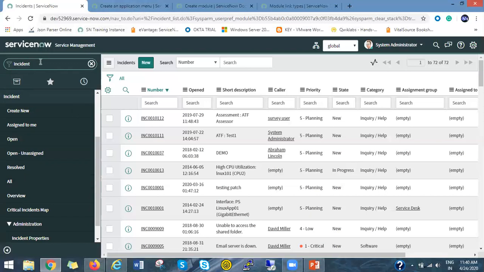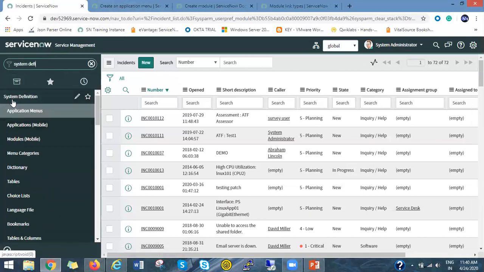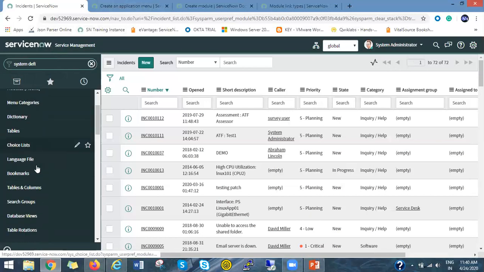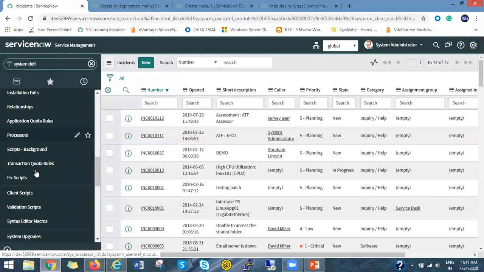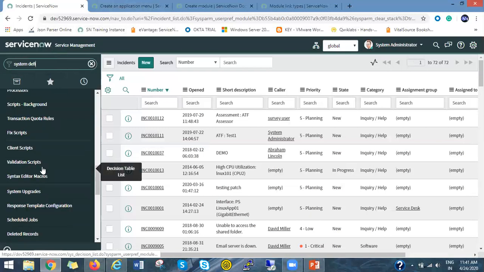For that, you have to go to System Definition, Application Menu. You can see this is the System Definition application menu, and inside it there is one module called module.